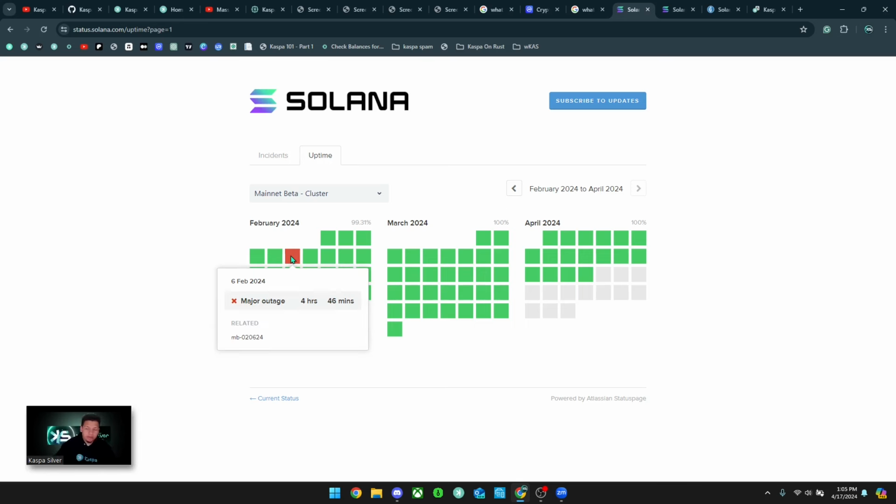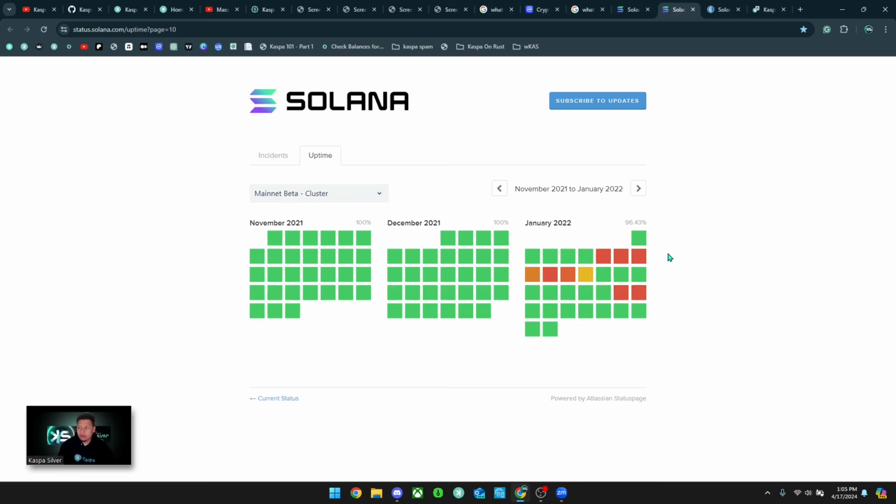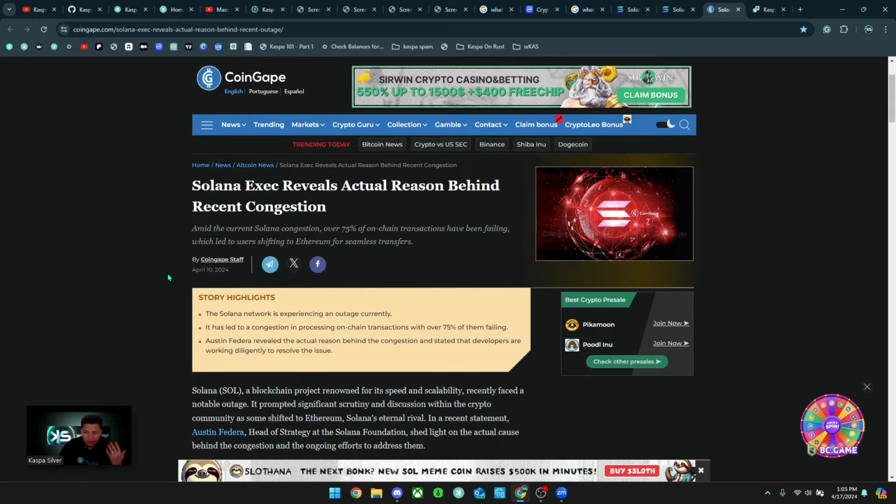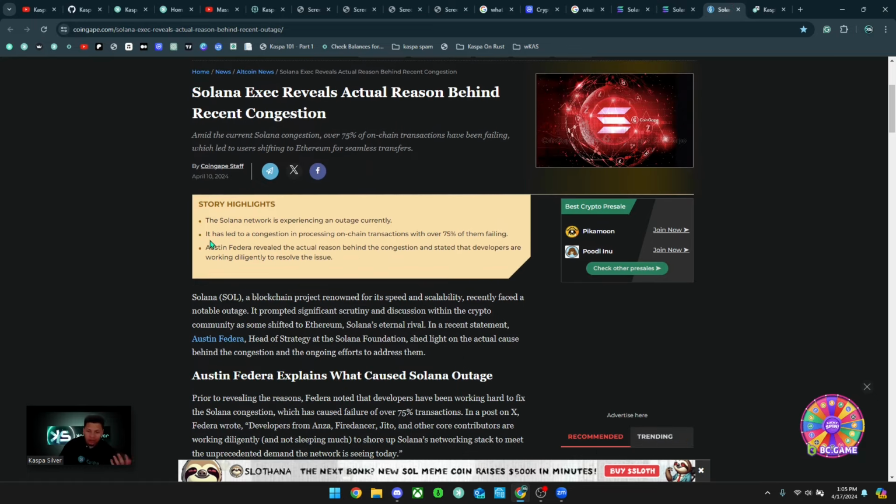There's a famous outage back in February this year where for 4 hours, basically nothing was able to go through. You can go back to 2022 when the bull market started picking up again. They were having daily outages of over 10 hours where transactions were not going through. And literally just this past week, Solana had an outage again, and it said the Solana network is experiencing an outage currently. It has led to congestion in processing on-chain transactions, with over 75% of them failing. And then it says this person revealed the actual reason behind the congestion and stated that